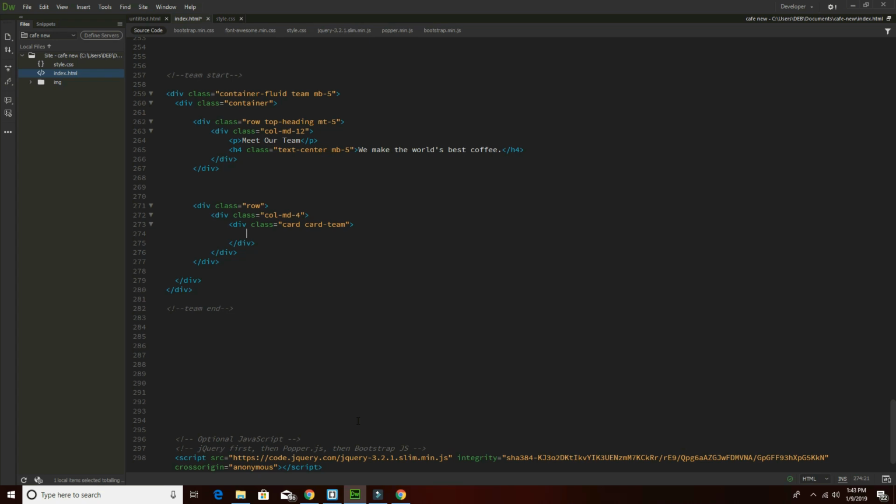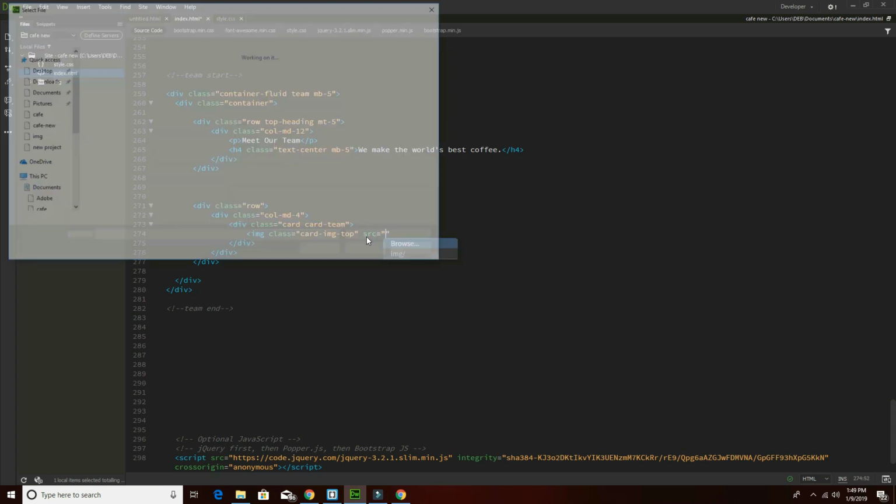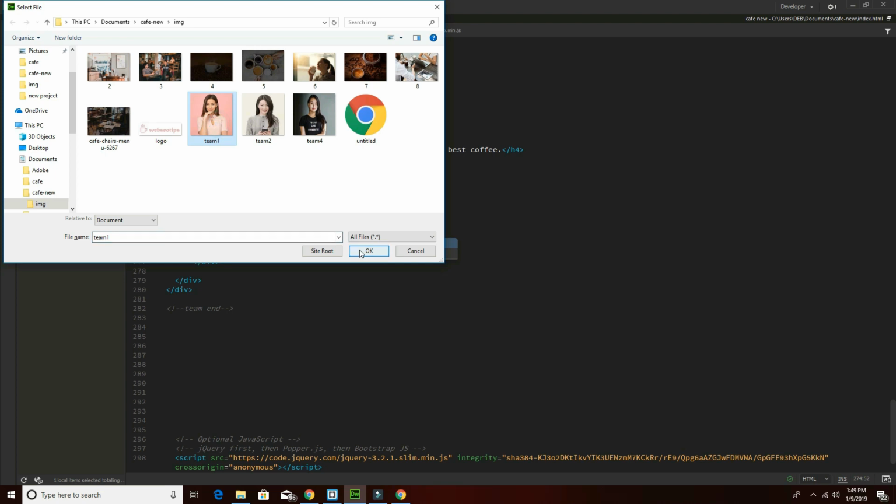So here taking that image, class will be card image top. It is a bootstrap predefined class. Card img top and source. So save it. After that, source browse team1. Okay,